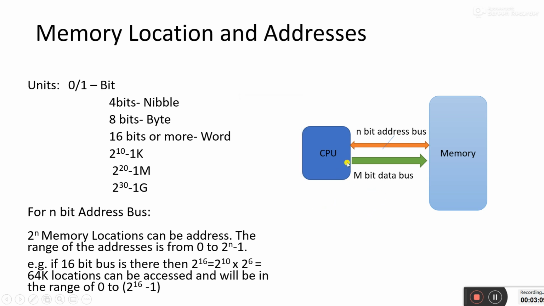So we have an m-bit data bus which is fixed, and there is an n-bit address bus for the memory location. Basically, a computer can understand only the n-bit address, and it knows all its peripherals, memory and input-output devices using this n-bit address only. So all the devices, all the input-output devices, all the memory locations and all the peripherals must come in this range. Okay, then only the CPU can address the particular device and particular input-output device.